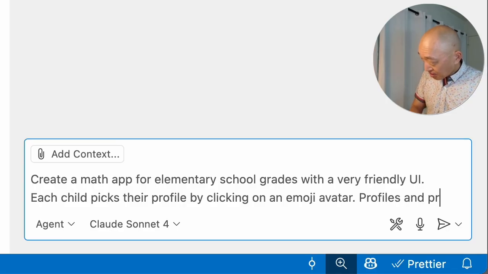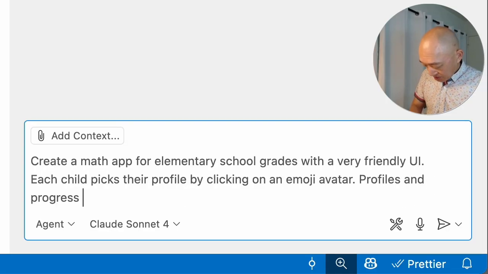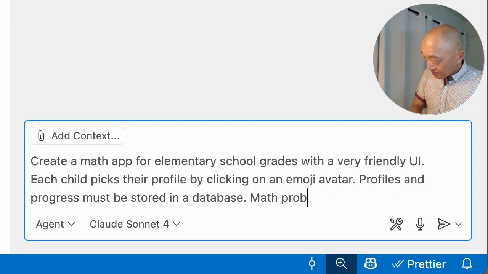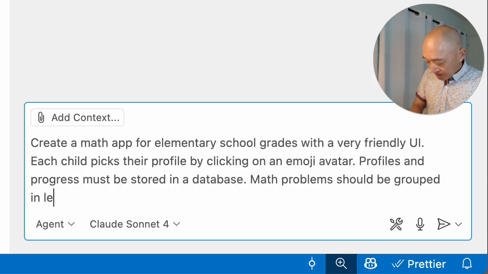Profiles and progress must be stored in a database. Math problems should be grouped in levels,